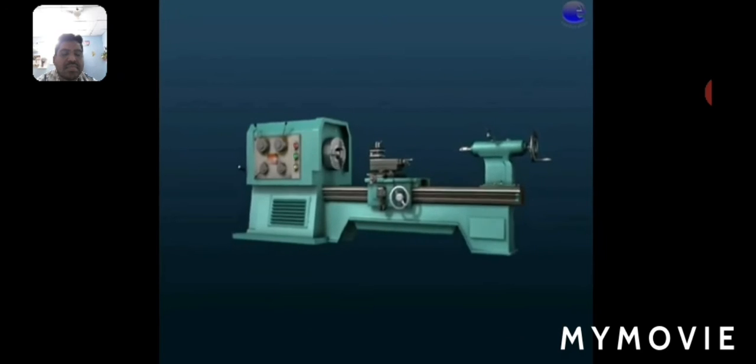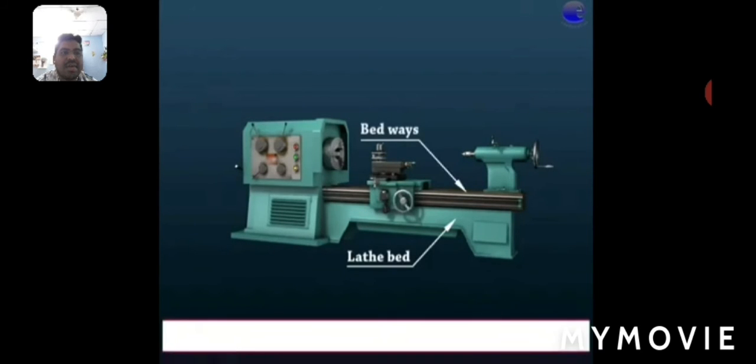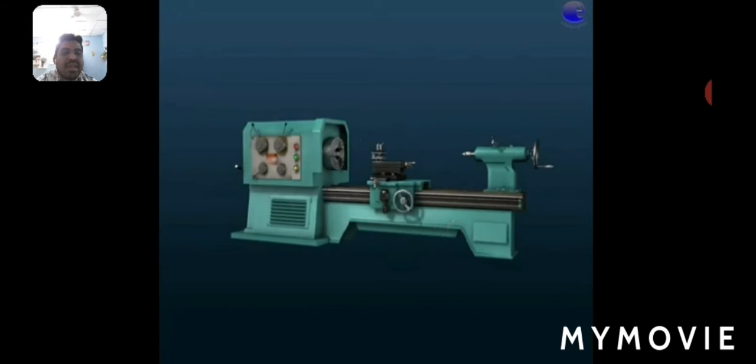So the lathe bed. Over the lathe bed we are seeing the bed base. The base or foundation of the lathe supports other parts of the lathe, that is the tailstock, headstock, and the gear mechanism on the headstock, and also the carriage.